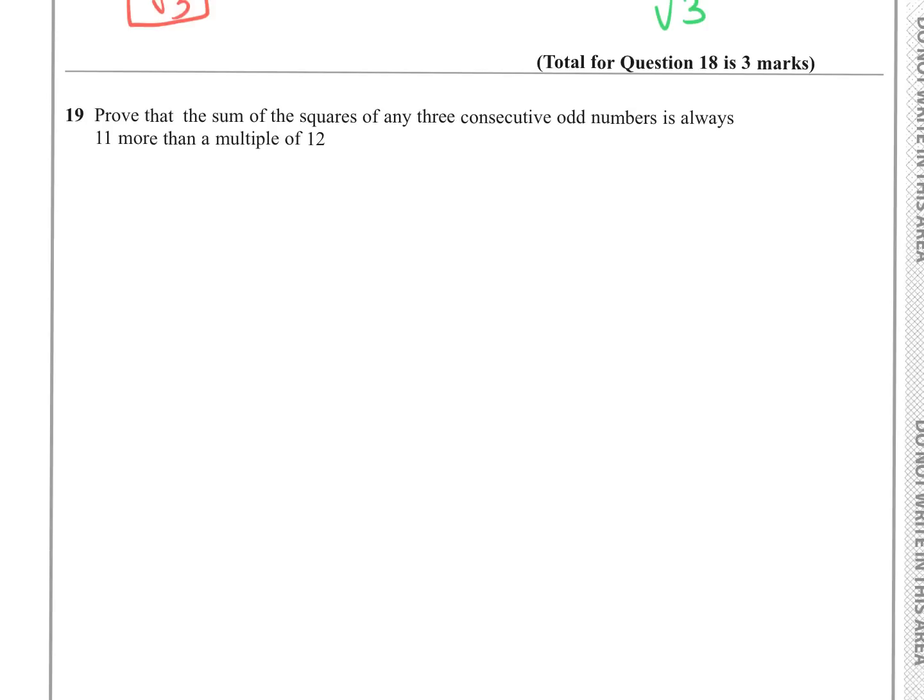Well, let's first of all break this down. Let's look at three consecutive odd numbers. An odd number is something like the 2 times table, which is 2n, say, plus 1. There's an odd number. But the very next odd number is going to be 2 more than that number, isn't it? So the very next one is going to be 2n plus 1 plus 2,